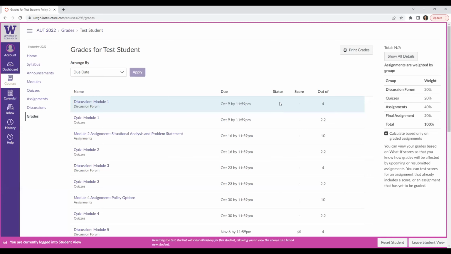So just a note about that, like I said, you do have the opportunity to work ahead in the course. Since the assignments in the module open a week early, you can complete your assignments early. Just note that even if you do complete your assignments early, that doesn't mean that your grade will be posted early. So please feel free to complete your assignments early. We encourage you to do that. But note that your grade will still be posted the day after the assignment is due.